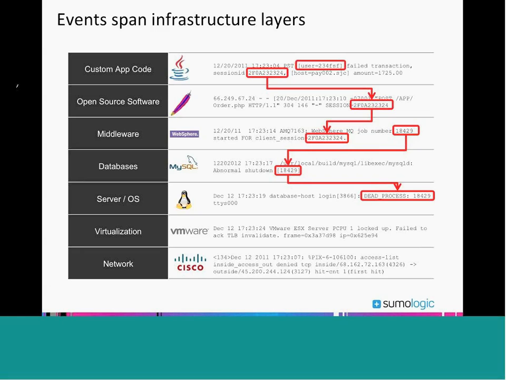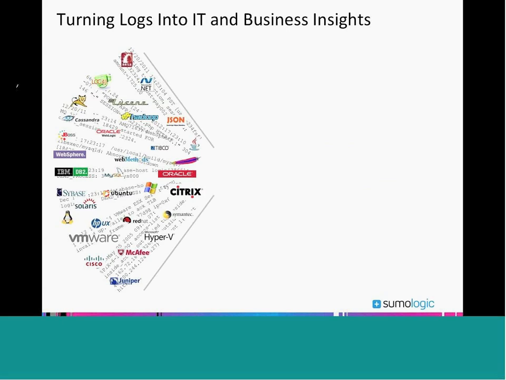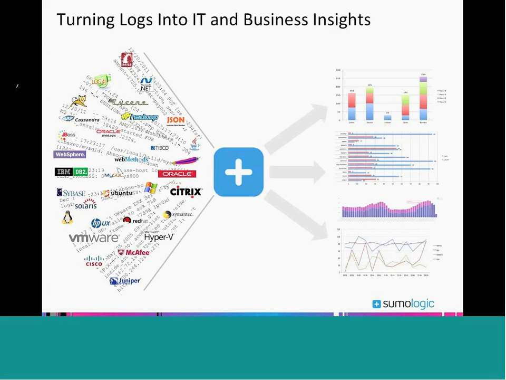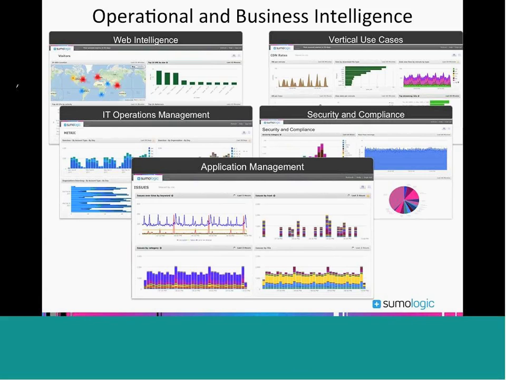So this motivates the Sumologic approach, where basically all of the logs across the different layers of the stack that we had shown can be fed into our cloud-based solution so that they're in one place and we can easily slice, dice, and understand them and get some interesting insights out of them. The Sumologic cloud service gets the logs from all the different components of your software and hardware, puts them in one place, then we can start digging into them to really find out interesting things about how your application is performing, how your business is performing, security issues, all sorts of things.